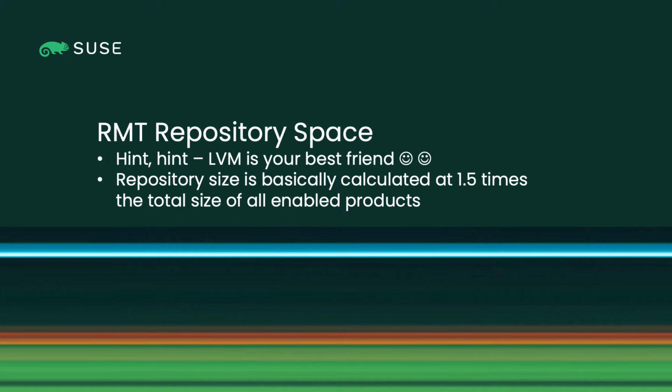The initial size will vary depending on how many SLES product repository versions you intend to mirror. The calculation is approximately 1.5 times the total size of all enabled repositories. For a fully enabled SLES server product version for a single architecture, that could equate to about 200 gigabytes, including all modules and extensions. Remember that the repositories may contain products for all SUSE supported versions,